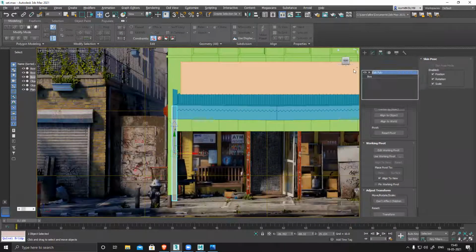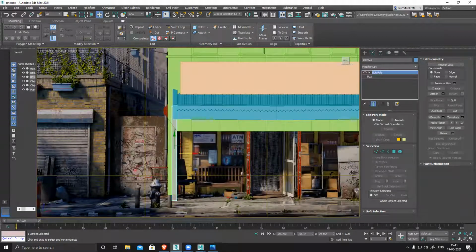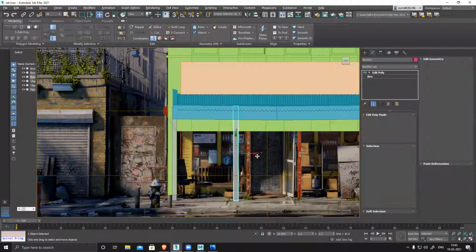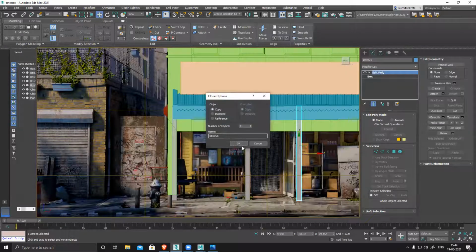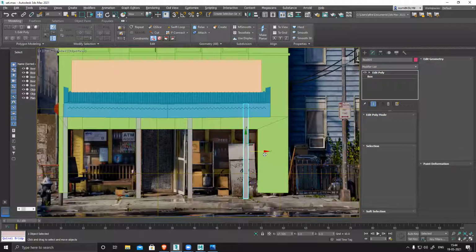Pivot, center. Always fix the pivot points. This one. Okay. Shift and drag, okay. Shift and drag one more. Between these two garbage bags, somewhere here, there is one more.